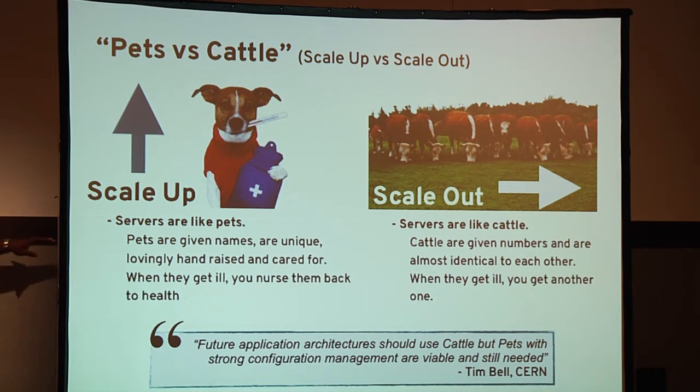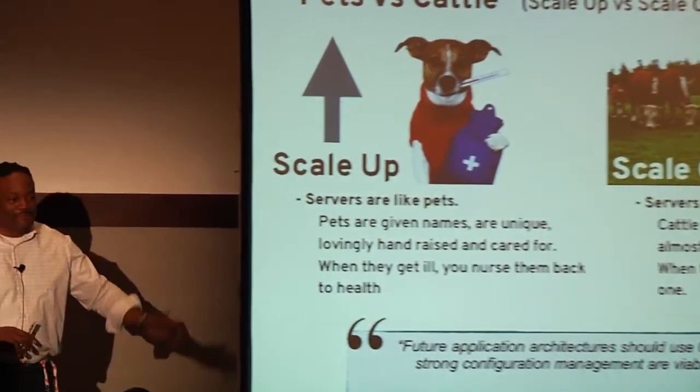On the other side, servers are treated like cattle. This is the cloud elastic model, where they're not given names. They have number tags in the ear, okay? If they get sick, you really don't care. I mean, there's a more violent version of this analogy, but I just put in here, if they get sick, you just get another one. So there's no emotional attachment to your herd, right?